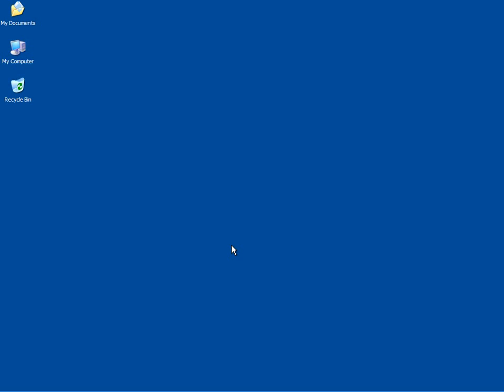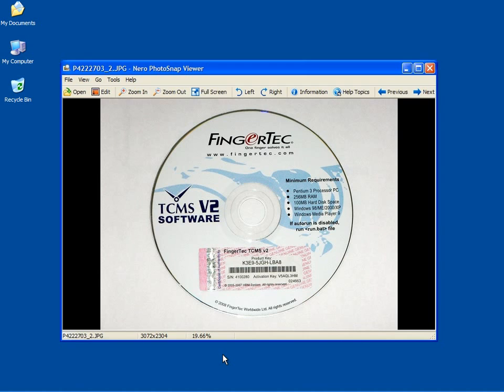Chapter 1. The installation and activation of the software. This chapter guides users on how to install and activate the software. Please have the software installation CD ready before you initiate the installation process. There is an original software sticker affixed on top of the CD with product key and activation code printed clearly